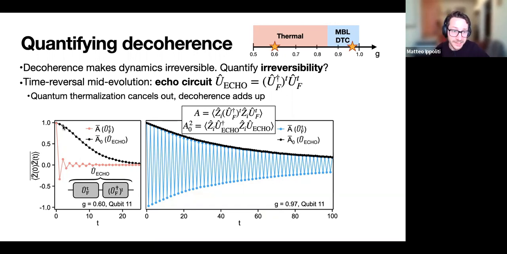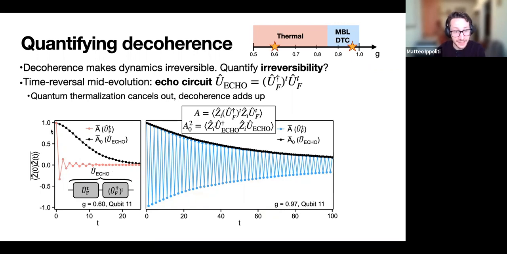And so these black lines that represent the measurement of this echo sequence correlator should be, in an ideal world, identically equal to 1. And so the fact that they are instead decaying is a sharp signature of the fact that there is decoherence. And not only that, but it lets us measure the strength of decoherence in this many-body setting. So importantly,